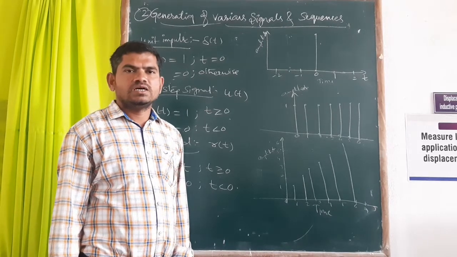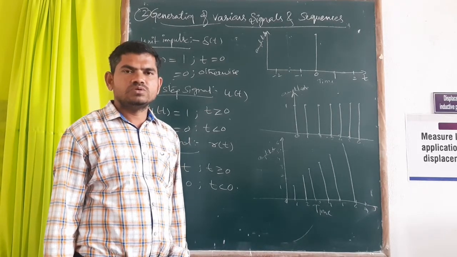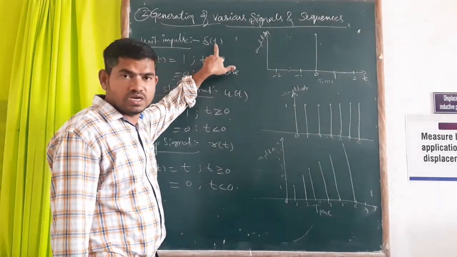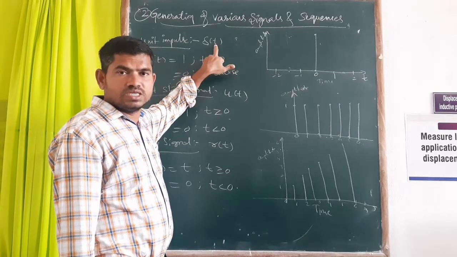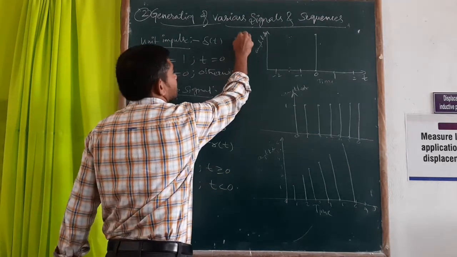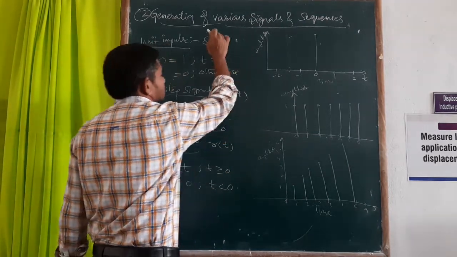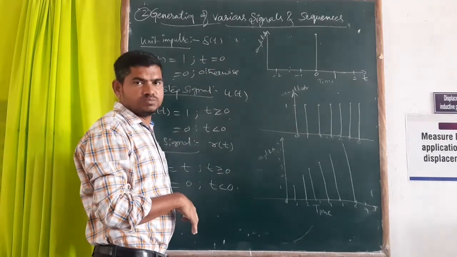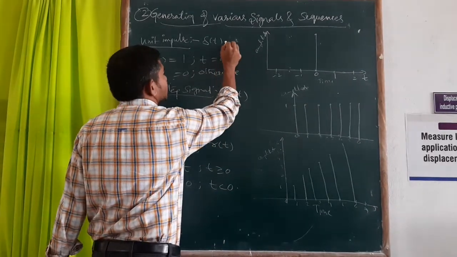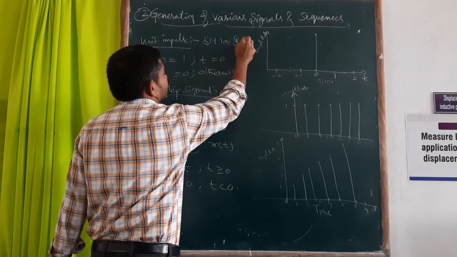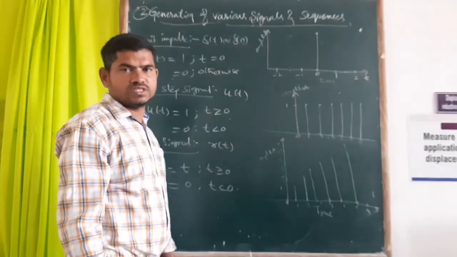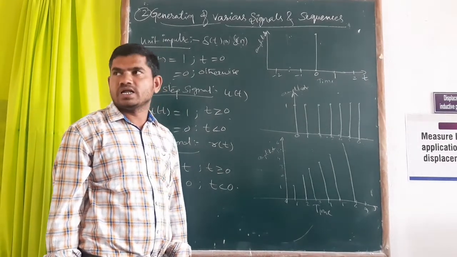The analog signal, the time we represent using small t. In the digital signal, signals are represented using small n. Here I am taking only the continuous time signal. The same formula we represent in the discrete form also. What we have to change is just del of n instead. The n is the indication for the digital signal, and t is the indication for the continuous time signal or the analog signal.